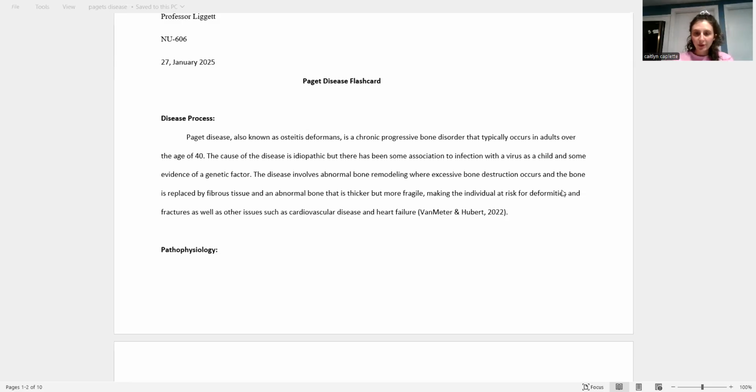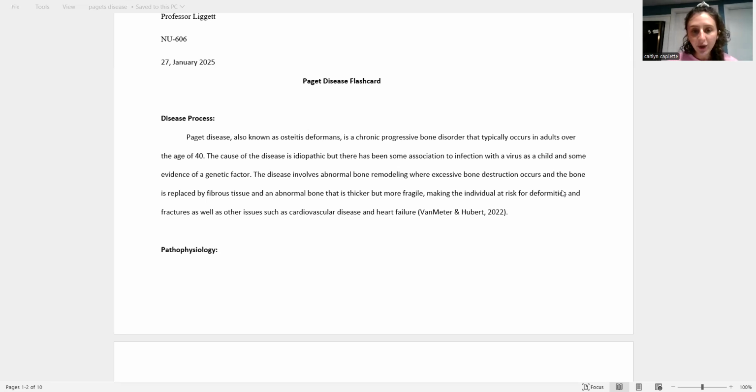Okay, so this week my disease is Paget disease. Paget disease, also known as osteitis deformans, is a chronic progressive bone disorder that typically occurs in the fourth or fifth decade of life, and sometimes it takes another decade for the diagnosis to be made. The cause of the disease is idiopathic, but there are some associations to potentially infection with a virus as a child, and there is some evidence of genetic